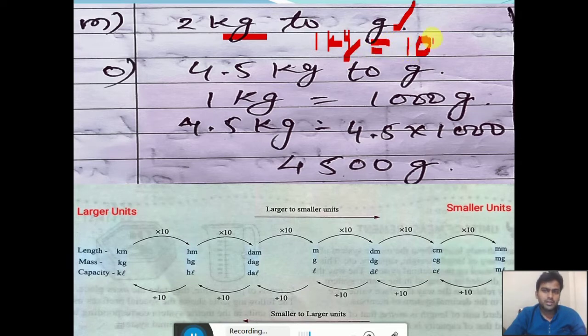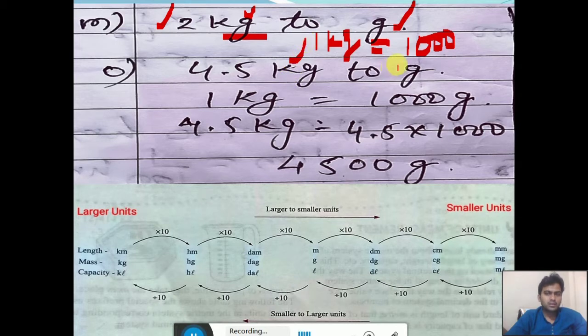and we have to change this bigger unit into the smaller unit. As you know, when you have to convert a bigger unit into the smaller unit, you have to multiply. So this question, 2 kilogram will be equal to 2 into 1000, means 2000 grams. Now this is also the same question,